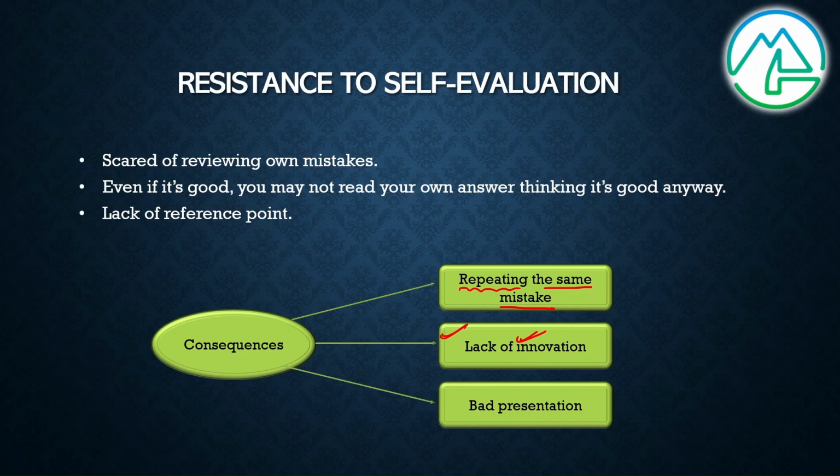So what happens is, since there is no reference point, most of us don't go back and recheck our answers based on certain parameters. Due to this we lack innovation, the answer seems very mundane, and we represent it in a very generalized manner, which gives an impression of bad representation to the examiner itself. That's why most of the aspirants fail in the main stage as well. And as you know, the main stage is the most crucial stage because it has most of the marks, right?